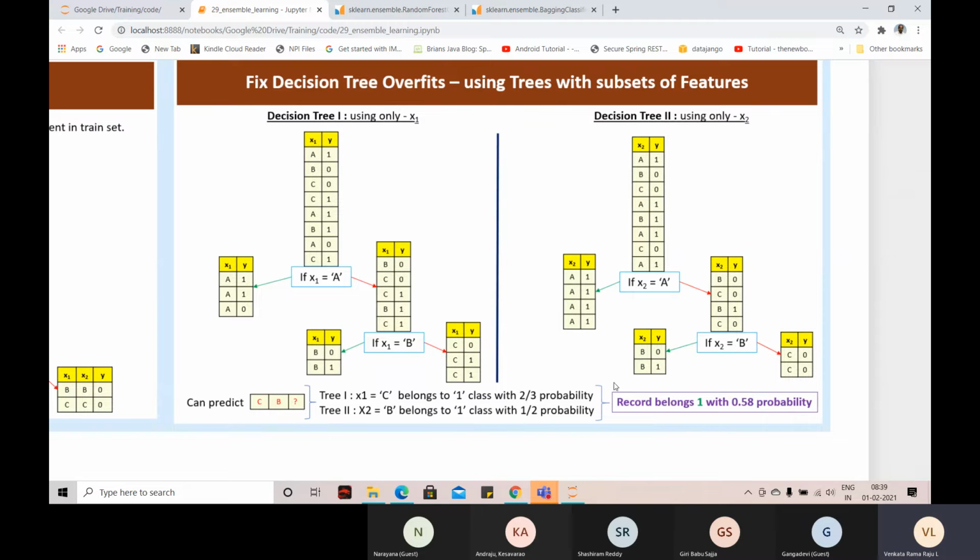If you have 10 columns, and you want to build 2-column models, you may do x1, x2 as one model, x1, x4 as one model, x1, x5 as one model, like that, x1, x3, x7 as one model. Like that you will do. Randomly I chose and I built a model. Now, if x1 is equal to a, there is something, right? X1 is equal to b, there is something, right? And then